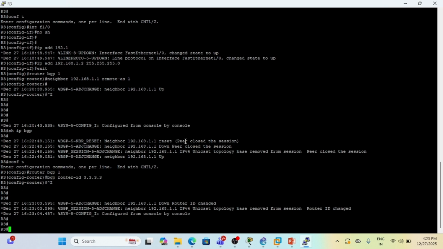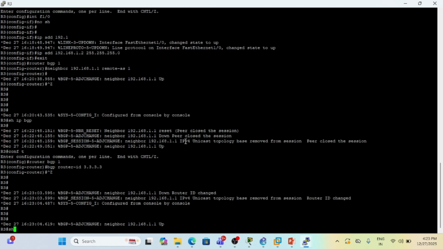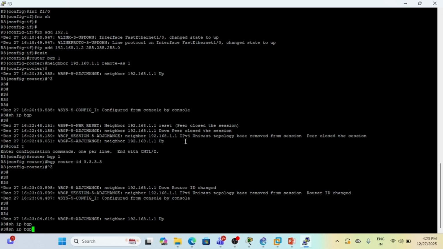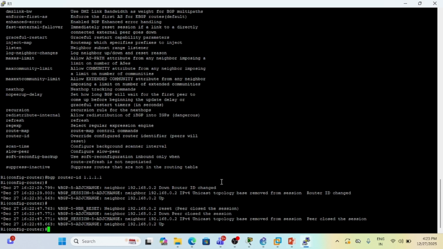Now let's see show ip bgp. The neighbor is already up, but we haven't advertised anything. So let me advertise on R1